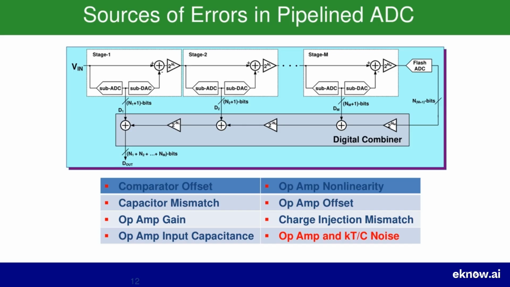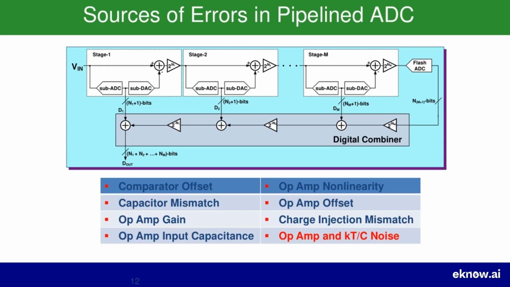to a threshold. Next, let's consider the capacitors, which are fundamental to the switched capacitor circuits in the ADC. We have capacitor mismatch. The gain of each stage and the accuracy of the DAC subtraction depend critically on the ratio of capacitors. We might design two capacitors to be identical, but due to tiny variations in the manufacturing process, they will never be perfectly matched. This mismatch leads to a gain error in the stage, meaning the residue voltage passed to the next stage will